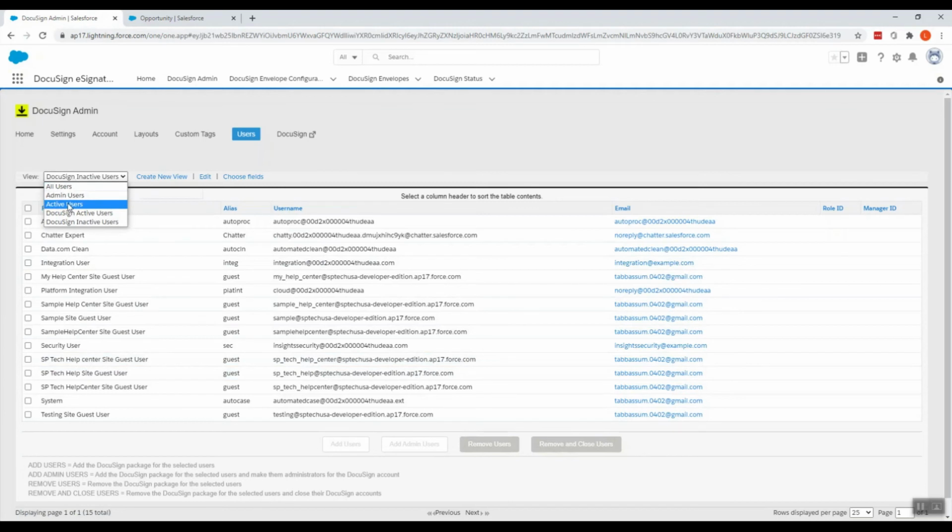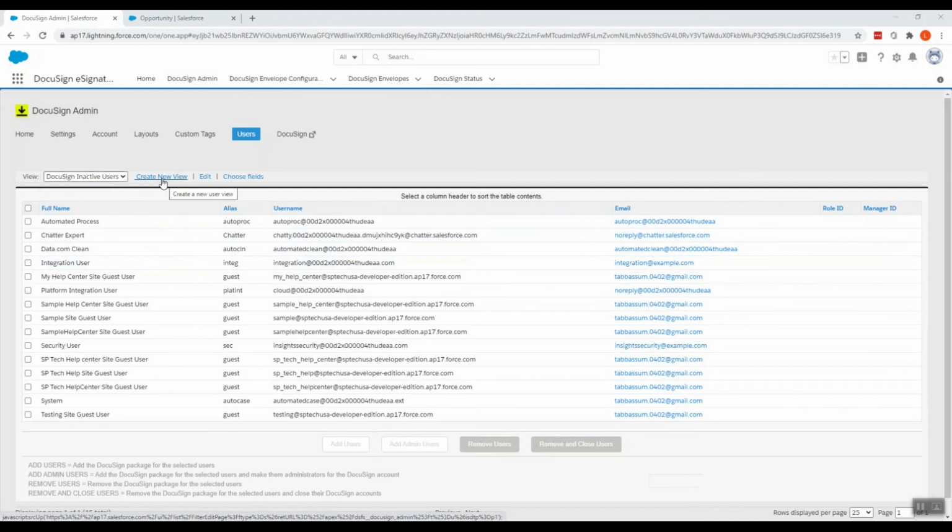Active users are the users that are in the DocuSign package. Admin users are the admins for the DocuSign account. A Salesforce user must have manage user permission to be added as a DocuSign administrator.